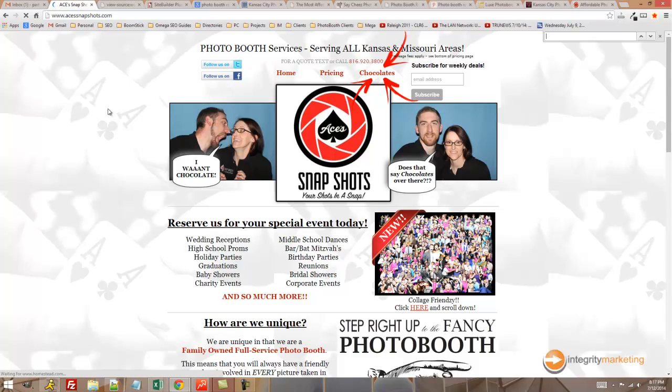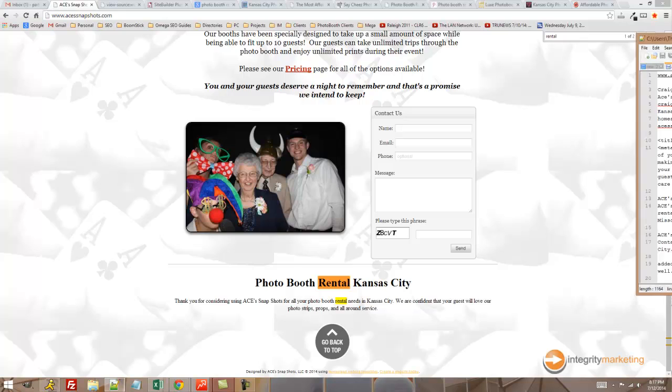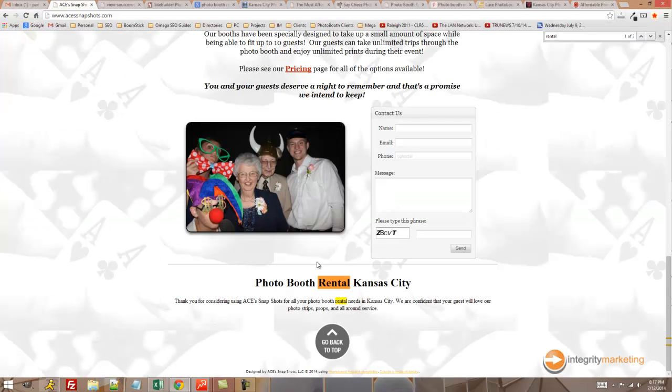Now, if I type in rental, I at least have it on the page 2 times. I put this H1 tag here. What is an H1 tag? Literally, one second. An H1 in code looks exactly like this. It just has H1. It's a fancy word for nothing. Long story short, an